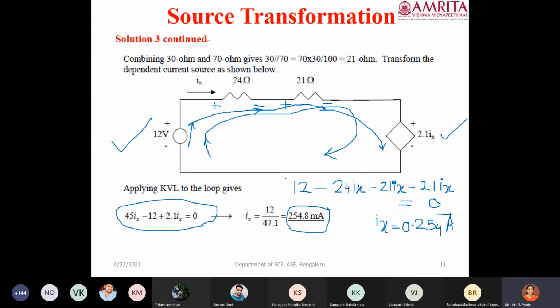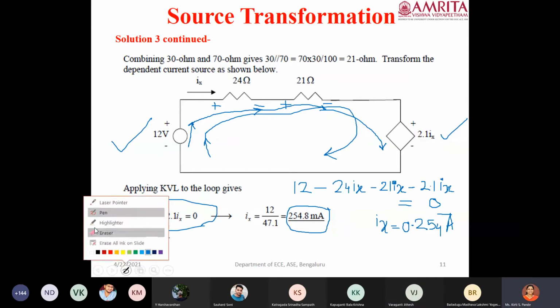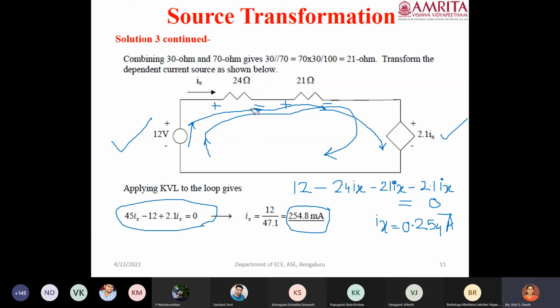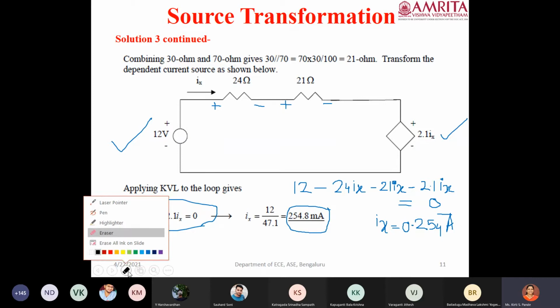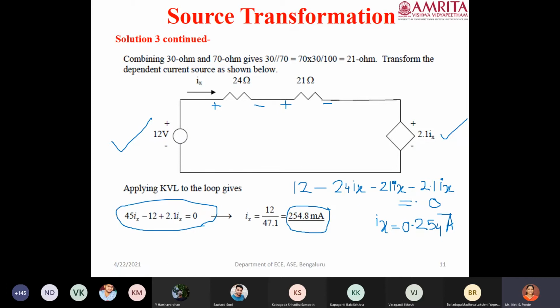Yes, ma'am. Yes, but one suggestion from my side, do not mix up the things. For example, somebody said no. Why I am stressing more is because somebody said here for this plus 2.1 ix. So I went this way. If I have taken the reaching terminal, that is, first I have encountered the minus terminal, then I went for the plus terminal. So I have taken that convention.